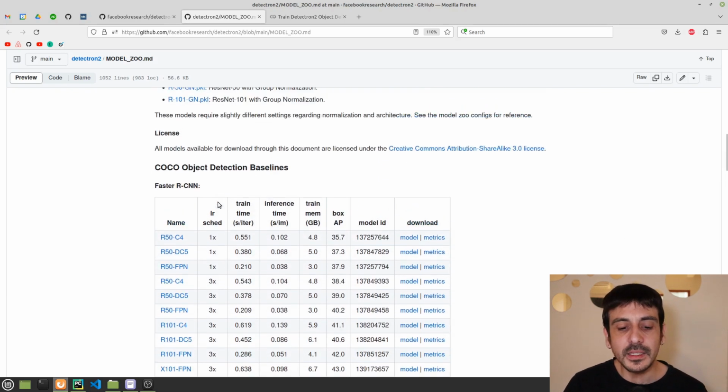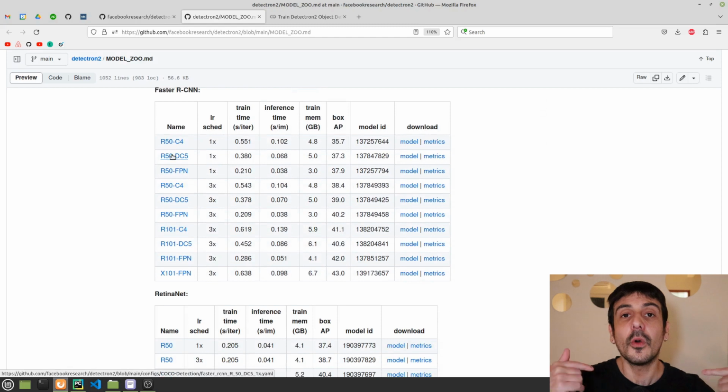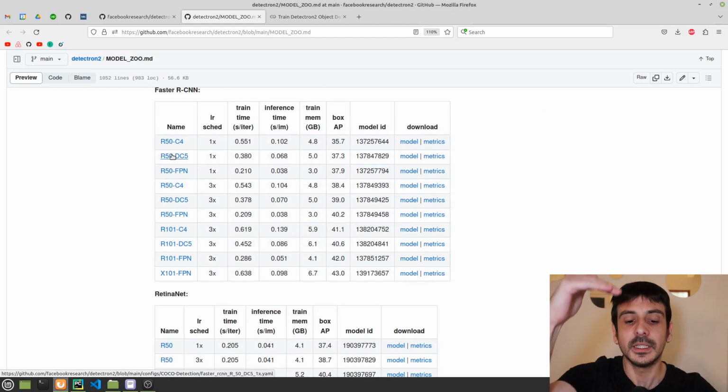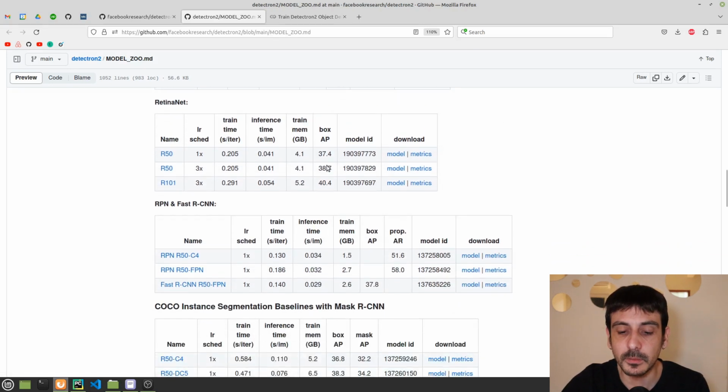And basically the idea is that when we are training our own custom model, we can just take whatever pre-trained model we want, whatever baseline we want, and we can just train our own model on top, right? This is very important because you can see that we have many different metrics, or all the different performances of all of these different models.